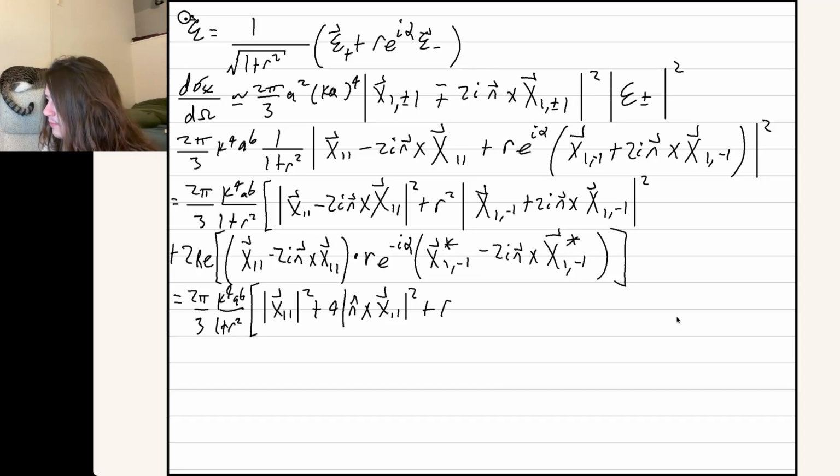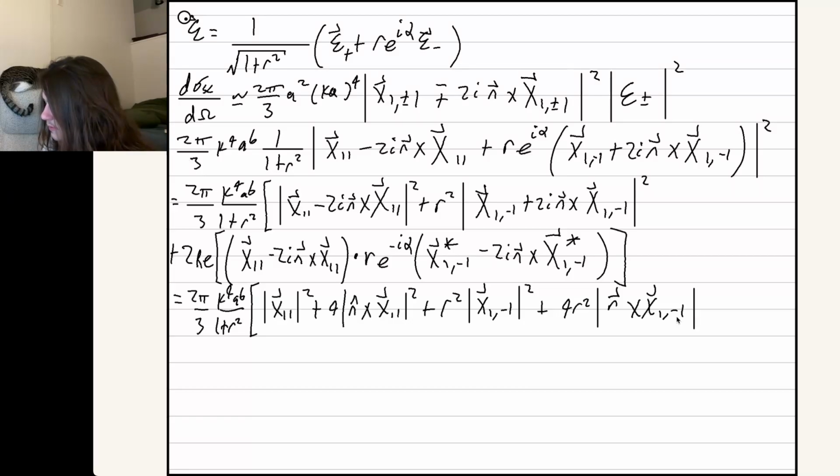And then we're going to have r squared times the square modulus of X1,-1 plus 4r squared times the square modulus of the cross product of n cross X1,-1, and then the cross term of those things,